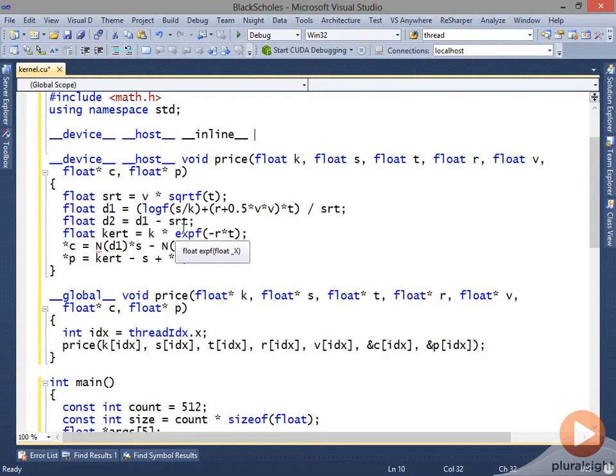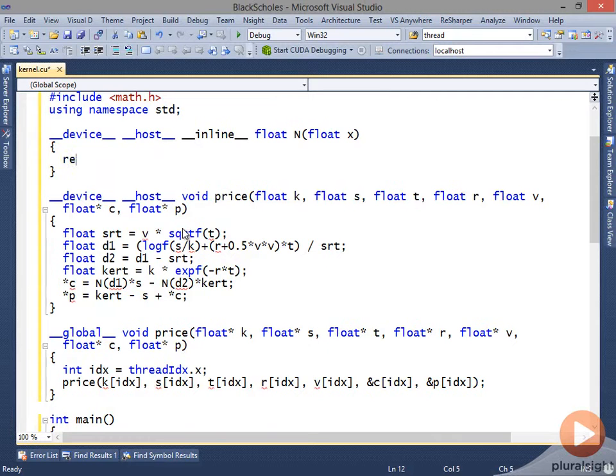So I'm going to call this N, returns a float, N, and takes a float x, and we're simply going to return 0.5 plus 0.5 times error function of x times, and then we need the 1 over square root of 2, which is